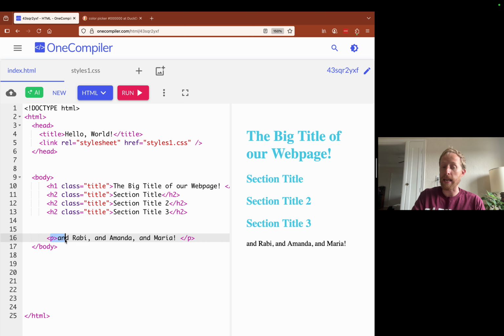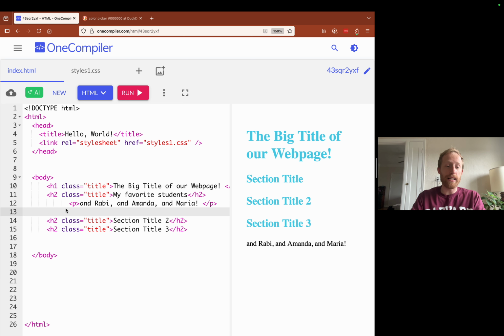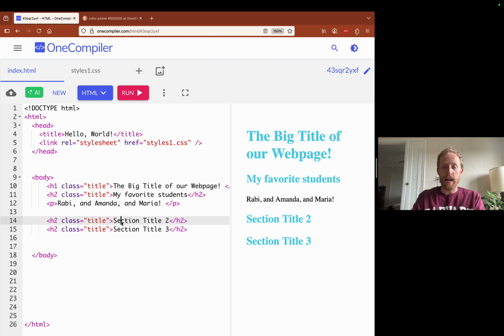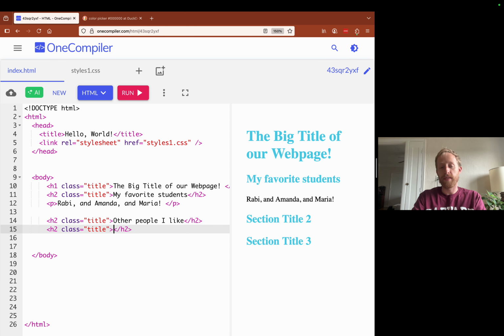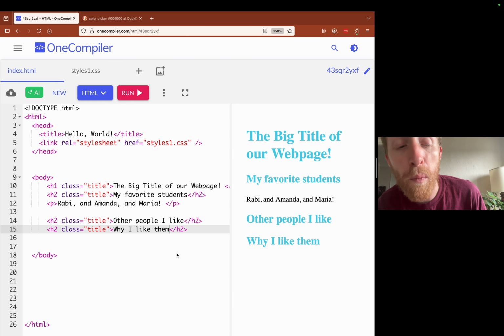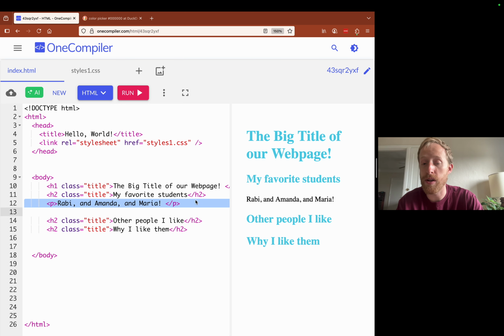And then you've got this P. What do you think this P stands for? Has anybody got a guess? It's a word that starts with P. I think P for paragraph. Yes, exactly right. So P is paragraph. So in 1995, and still plenty today, when you go to a website, you probably want to write some text here. So you're gonna have your title, then your subheaders, and then some text.